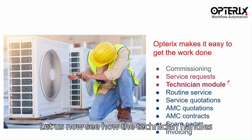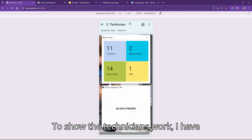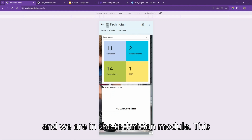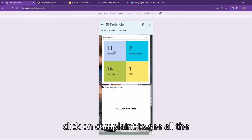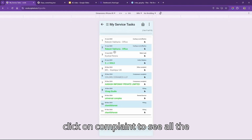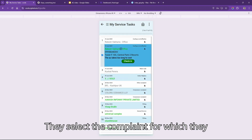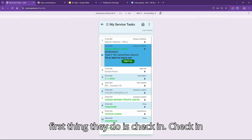Let us now see how the technician handles these complaints. To show the technician's work, I have switched to the mobile mode and we are in the technician module. This is how the technician sees it, and they click on complaints to see all the complaints assigned to them. They select a complaint for which they want to attend, such as this, and the first thing they do is